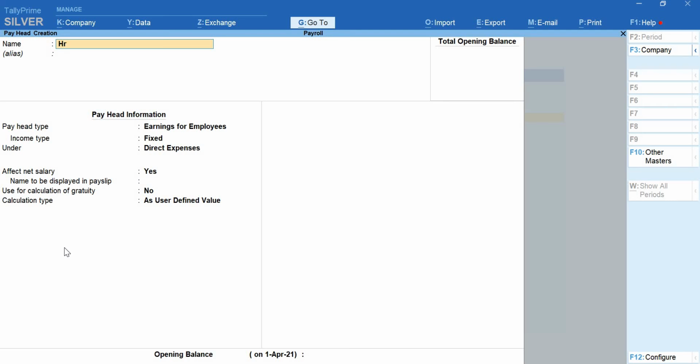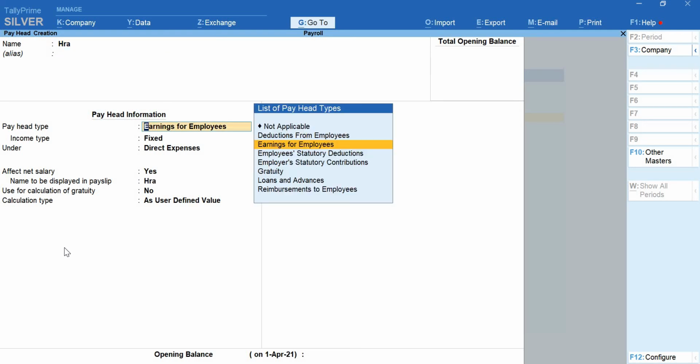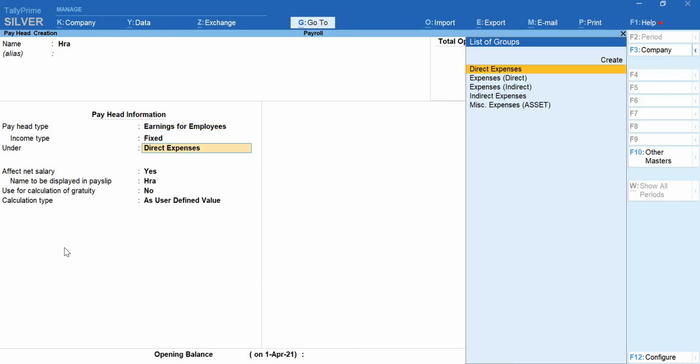The next allowance I will go with is HRA, house rent allowance. Pay head type is earnings for employee. Income type is fixed, under the group indirect expenses, because HRA is paid, so for the company it is an expense.